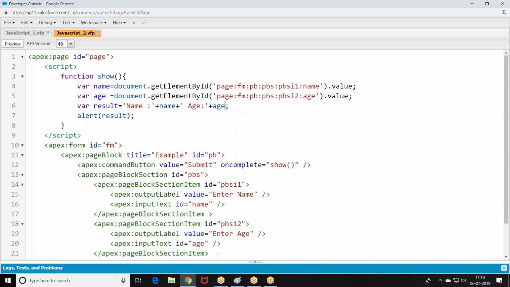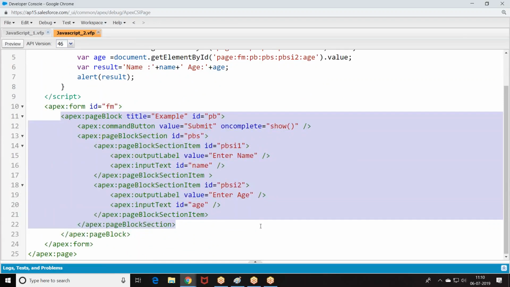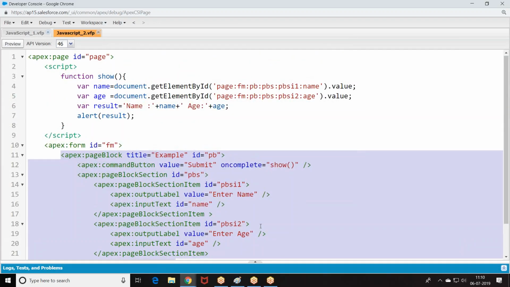Previously it didn't throw any error message, and now the output is not coming. Then what happened? I went through everything. Somebody told me there is an extra functionality. Otherwise, what should I do? I started verifying the entire page. Is there any mistake with the IDs? Is there any mistake with the format? Because the page doesn't have any component, how do you read the values from the VF page?